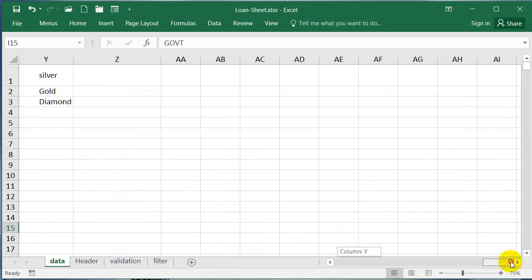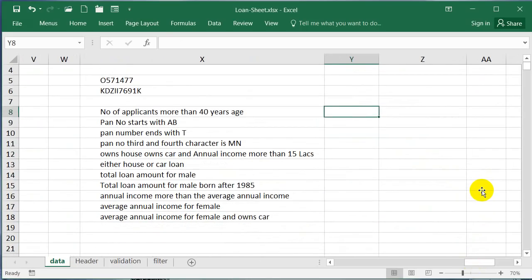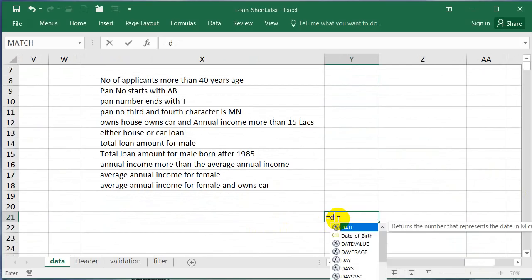Once this has been done, then you can start proceeding with different COUNTIFS and SUMIFS functions. We were also trying to do the same function using the database functions. All the database functions have got DCOUNT.